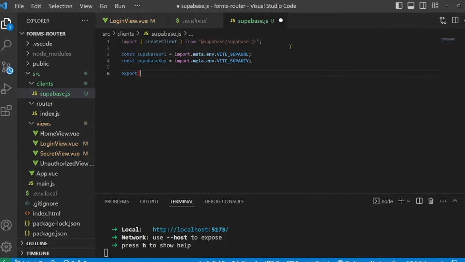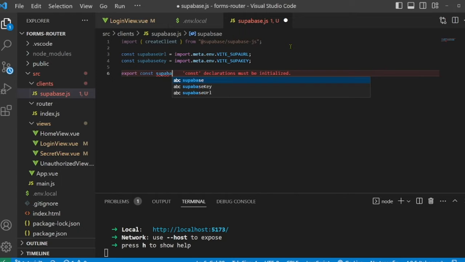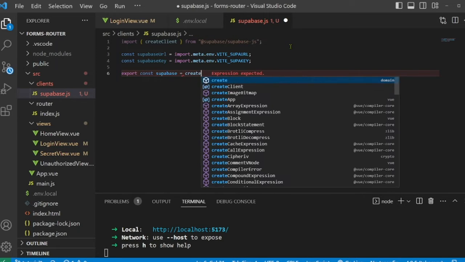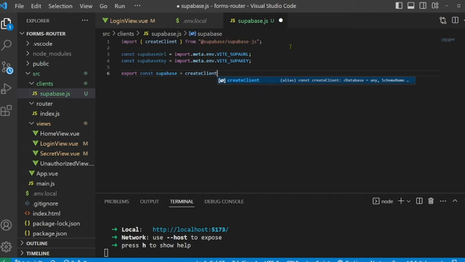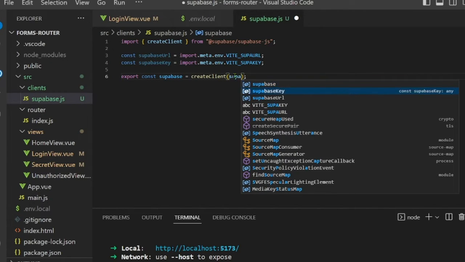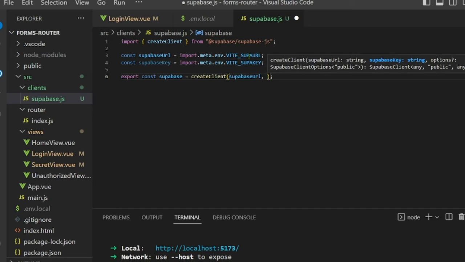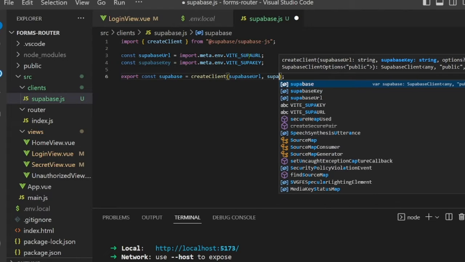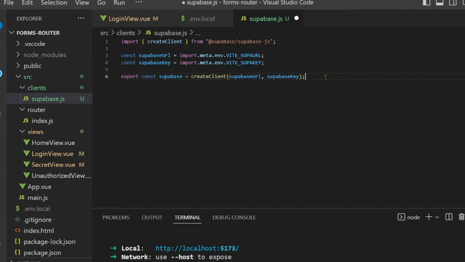So we're going to write export const supabase, and this is our client that we're going to export from this file. And we're going to say createClient, which is what we just imported right here. And we're going to write some parentheses, and then we're going to insert our two variables. We'll insert the URL, supabaseUrl, and then the key, supabaseKey. All right, and that's all we need to do to activate our client to connect to the database we created